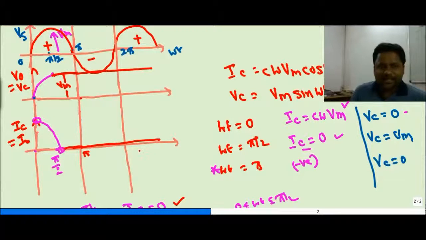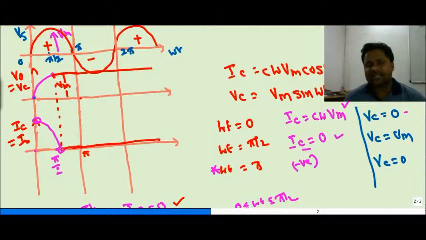So here we have seen that if the diode is feeding the pure capacitor from the supply, then at omega t equals pi by 2 the current is zero. That means the diode becomes off, and the capacitance holds a charge with a peak value of Vm. After omega t equals pi by 2, there is no option for the capacitance to discharge its energy. So it always holds a peak value charge, and the current is zero after pi by 2 till the end.